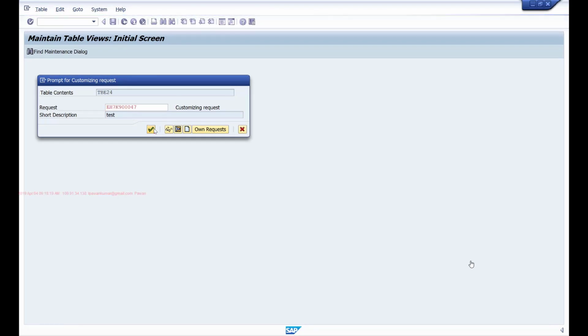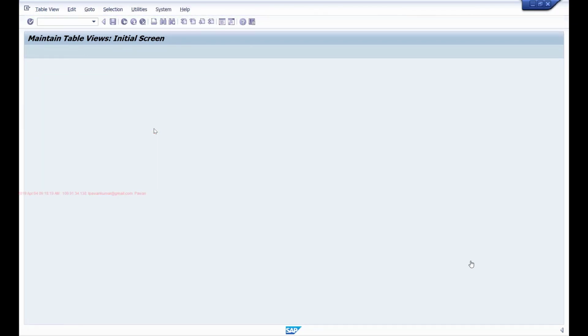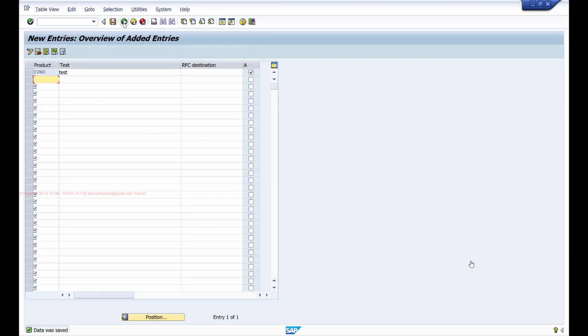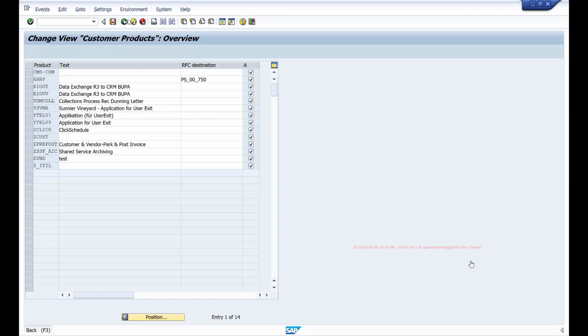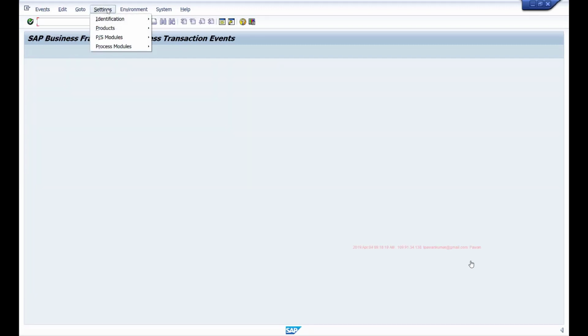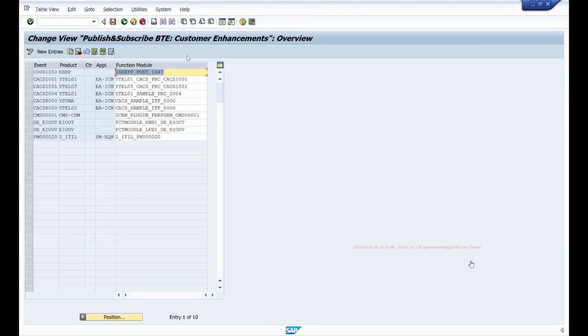Once you maintain this product ZVND, you can give any name. You go to Settings, P/S modules of a customer. We are saying customer because this is a customer implementation, so we are the customer. If SAP is doing it, it will select SAP, and if any of the SAP partners are implementing, it will select partner.